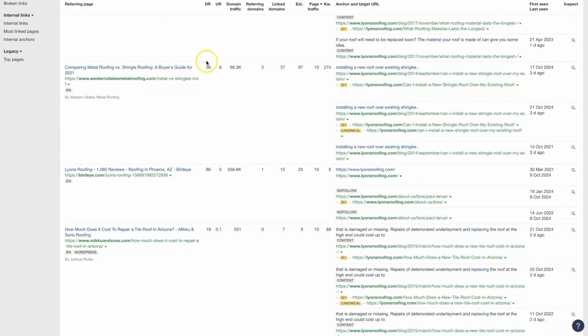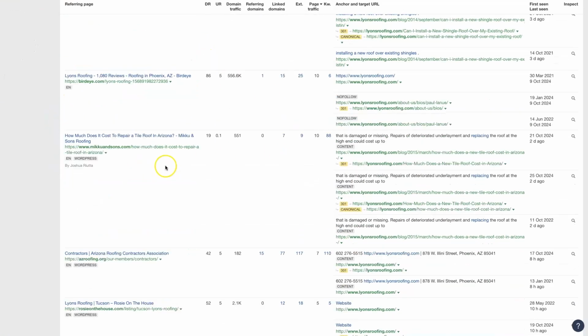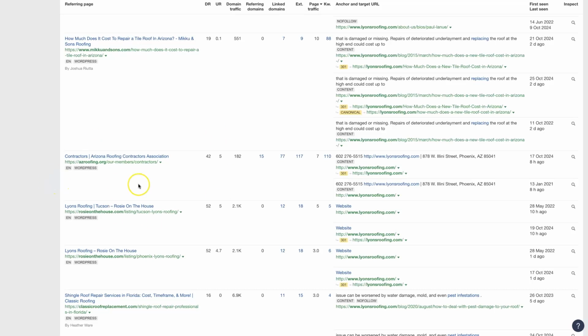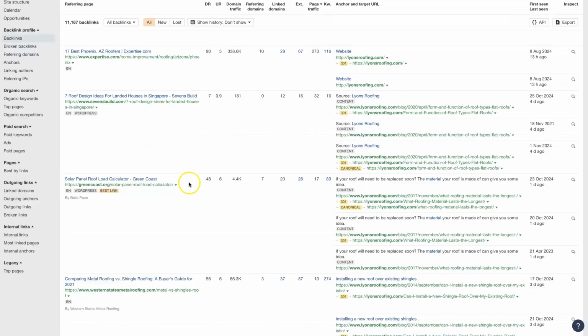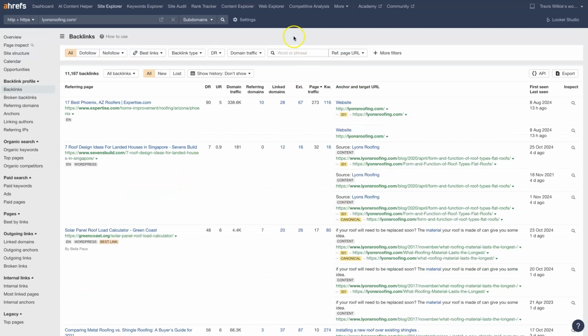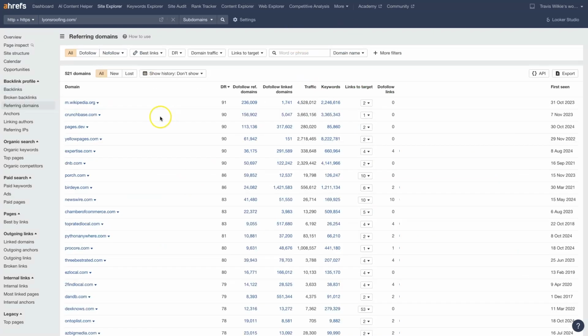And there's a whole bunch of, Bird Eye is another kind of directory. There's azroofing.org. Seen a whole bunch of variations in their backlinks that we can explore further. There's also referring domains. So these are the actual domains that are pointing from different pages to this website, Lions Roofing. So like Wikipedia is featuring their website, is linking back to lionsroofing.com, probably some page on this